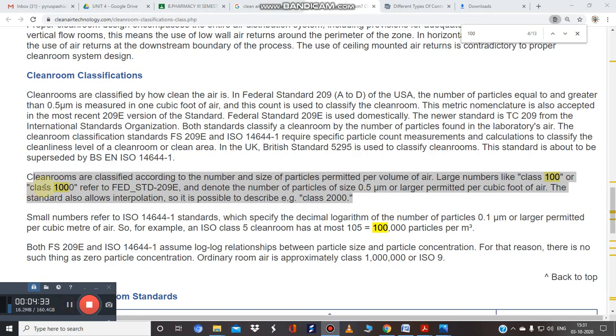Clean rooms are classified according to the number and size of particles permitted per volume of air. For example, large numbers like class 100 or class 1000 refer to FED STD 209E, and it denotes the number of particles of size 0.5 micrometer or larger that is permitted per cubic foot of air.